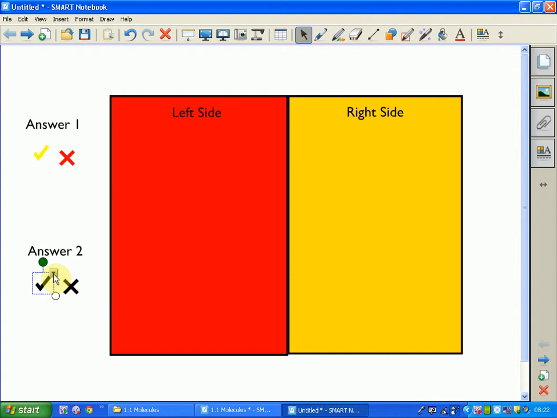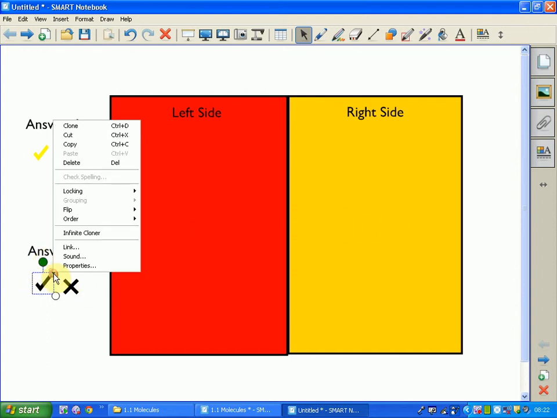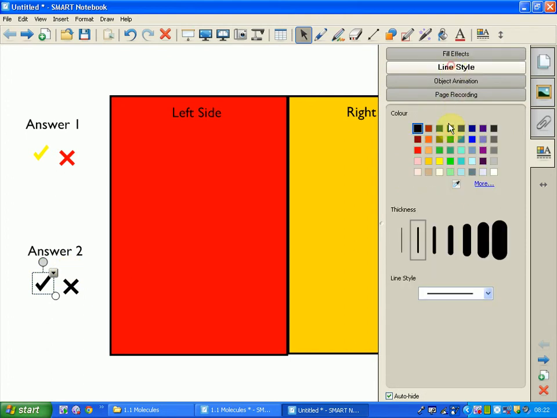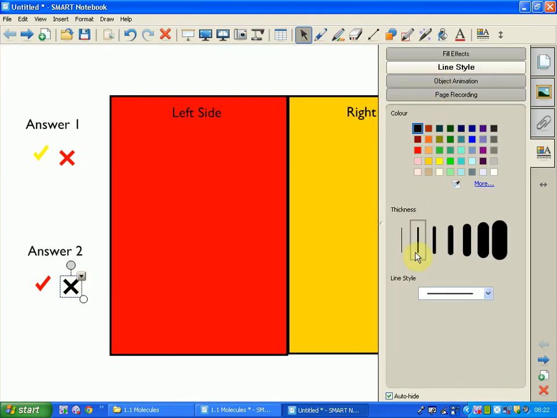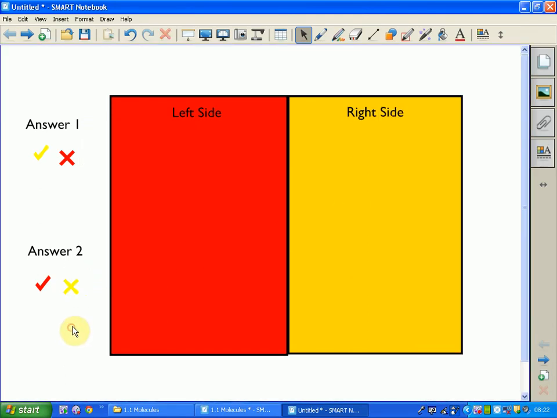If this was to go on the other side, answer 2 needs to go on the right hand side. That means I need to make my tick red and my X yellow. Okay, now I'm just going to adjust these so they're a bit closer. Our pupils catch on really quickly to what the colour of these ticks and crosses mean and what side they need to go to. So